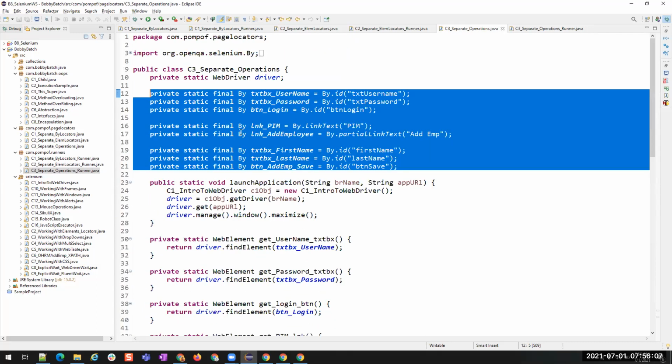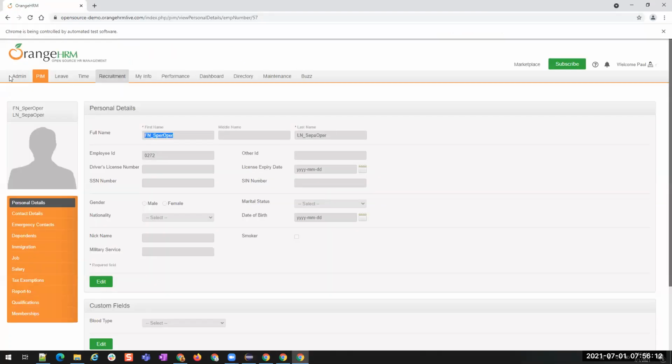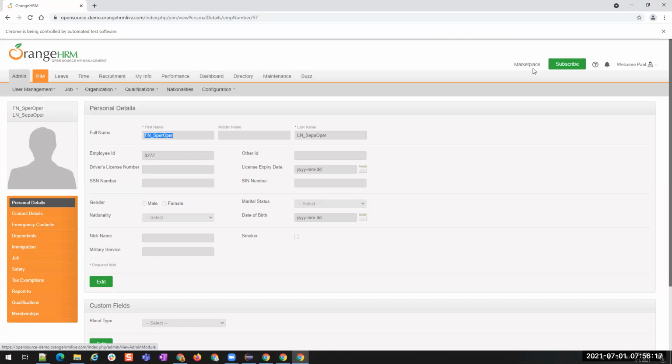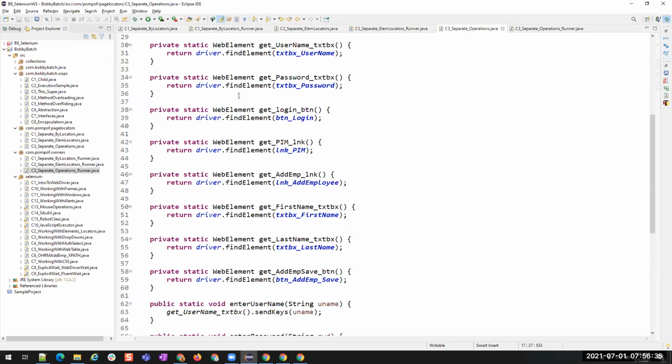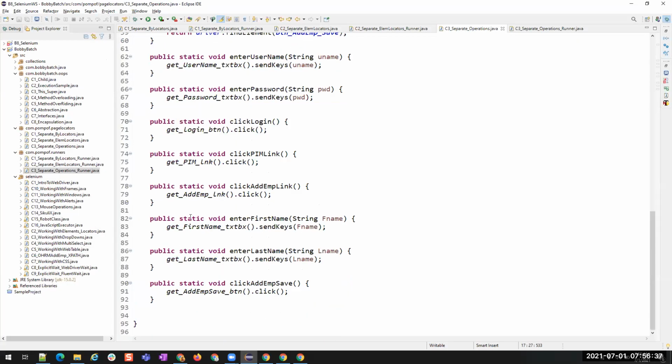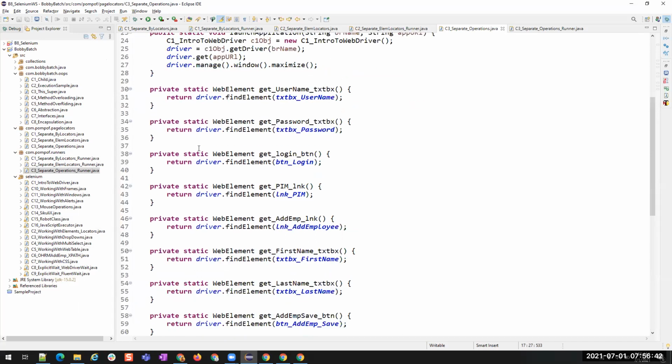But when you have hundreds of elements on a page, for example, now you're on the PIM page or on the home page, you have all these modules, right? You have to write all these elements when you are automating the whole application. Under user management, under jobs, under attendance, under reports, we have so many elements here. Suppose there are 200 elements, then you will have 400 methods to write in a single page. And if you want to maintain or change something, you have to scroll up and down.